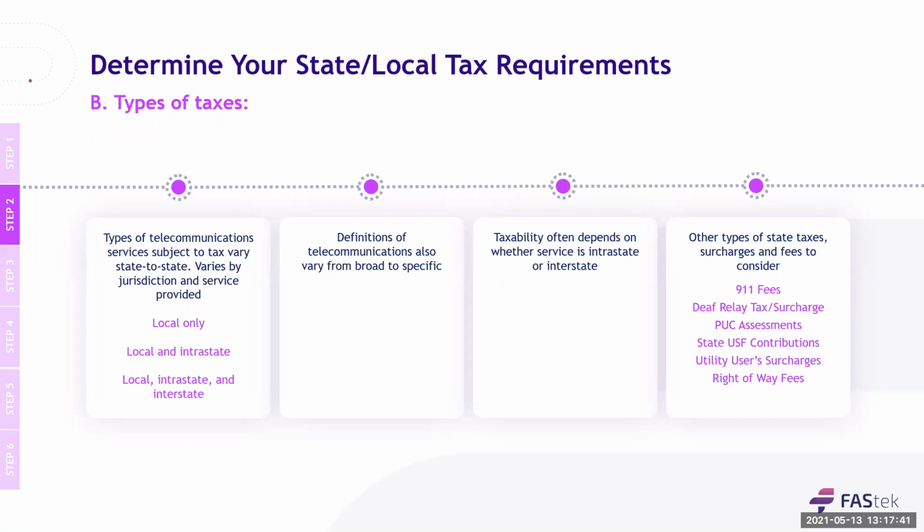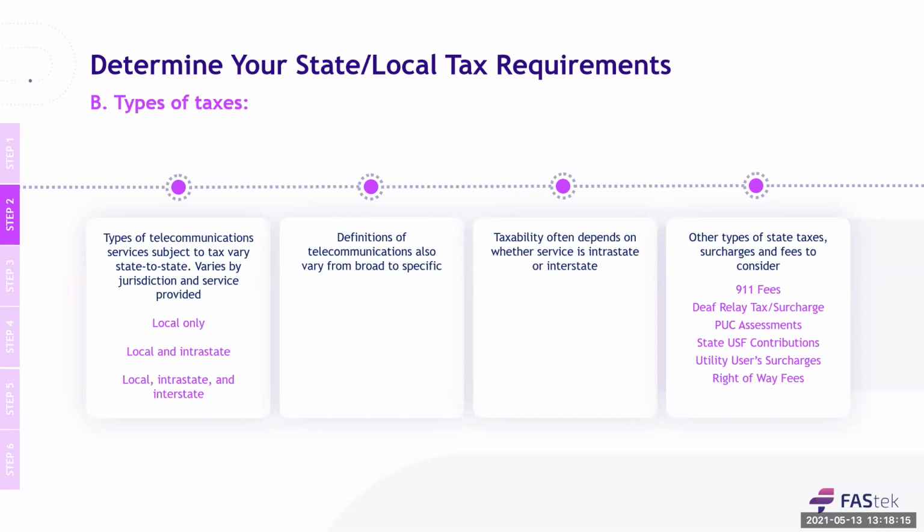Now, states define telecom service differently, right? For example, in Maryland, taxable services only include mobile telecom service and prepaid telephone calls. But of course, today they may change their mind and may define it as something else. And that's something that Dan referred to earlier on when he was talking about the ever-changing world of regulation. Some types of service that may not be considered telecom, but may be taxable, are installation or repairs, data processing, and information services. Now, are all interstate revenues taxable? Again, it really depends on the state.